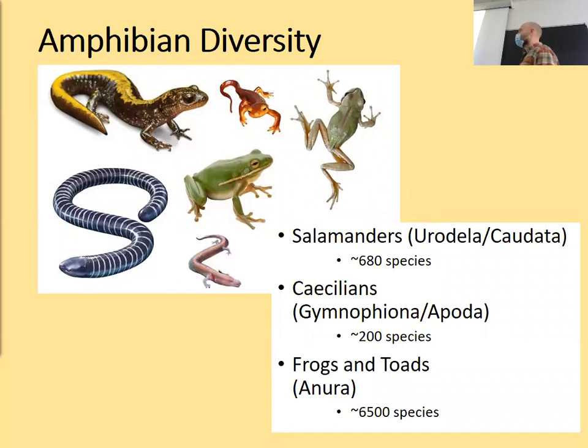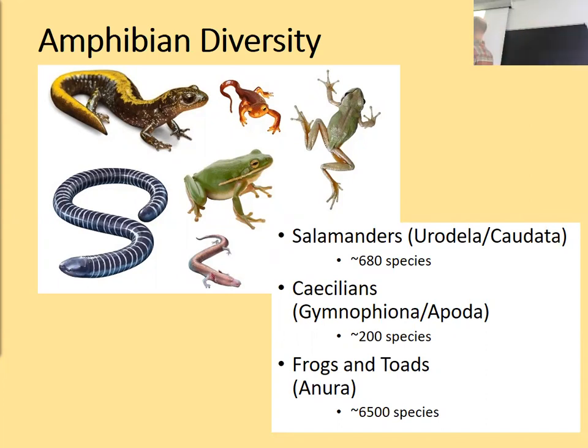Amphibian diversity. We're going to talk about all of the cool amphibians in the world very broadly, and we'll focus on a handful of families here in Ohio. As you saw in lecture on Monday, there are 3 major groups of amphibians. There are the salamanders, also known as Urodela or Caudata. These numbers are actually a little low, simply because we're adding new species every year. So there are probably 700-800 species of salamanders right now.